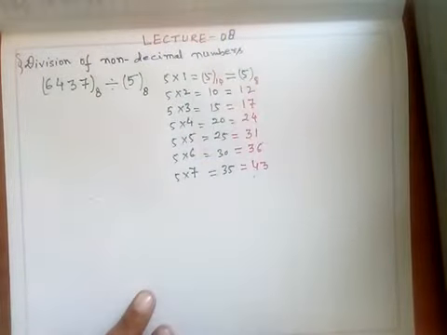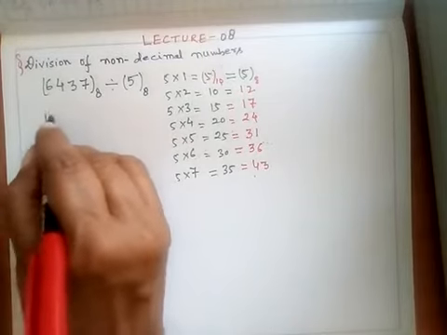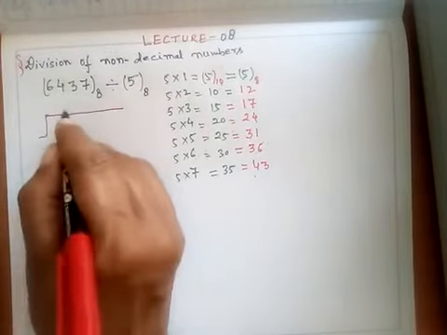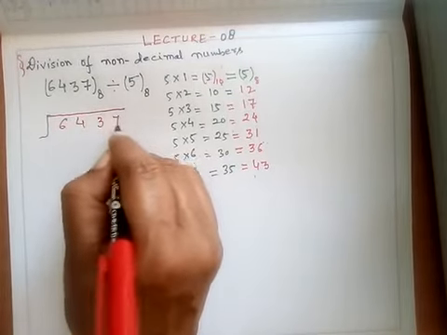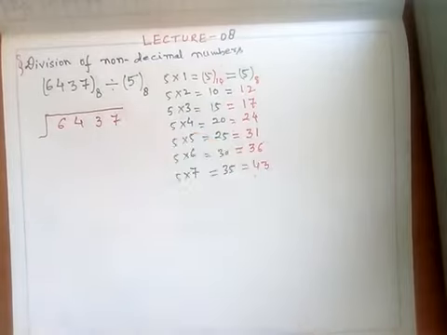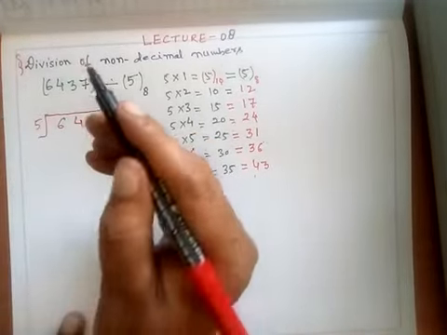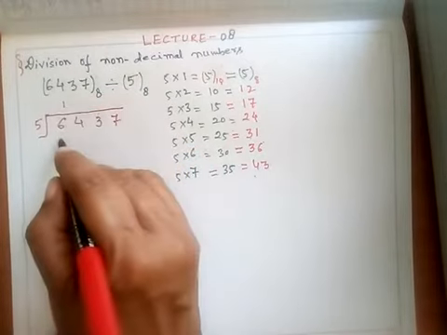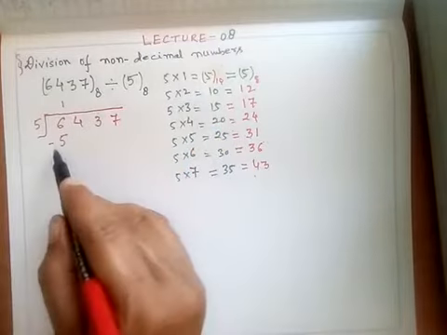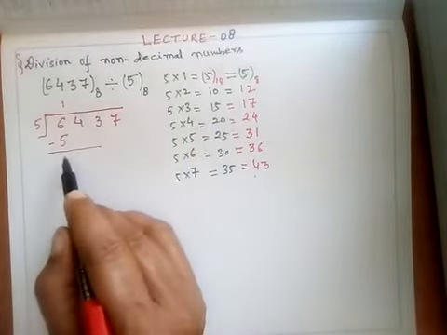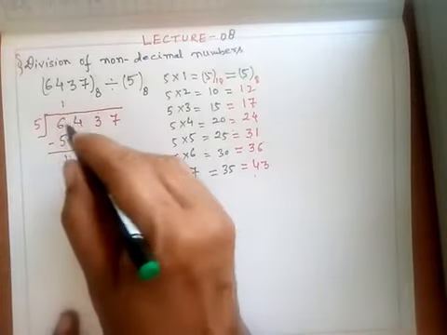Now let's go for the division. We know how we have to divide this, simply as we do any normal division. It is 6437, and I want to divide this by 5. So first of all you have 5 1 is 5. Now I subtract these two: 6 minus 5 is 1, and I copy this number 4 from here. This is what we do normally.